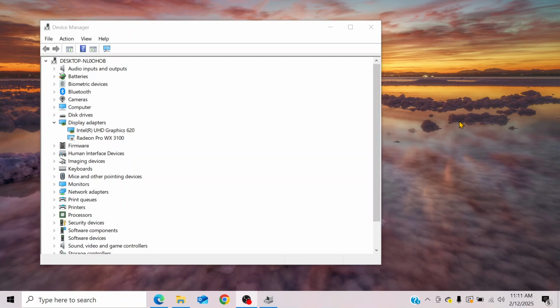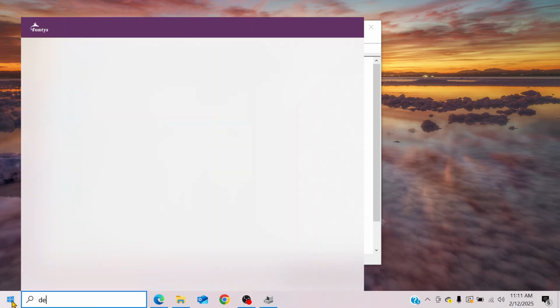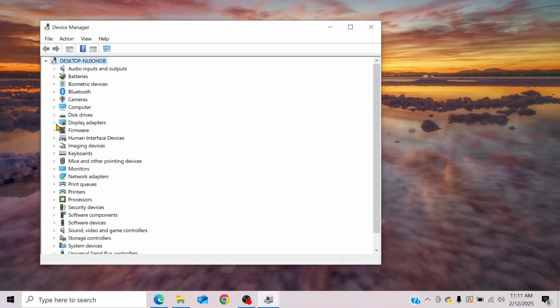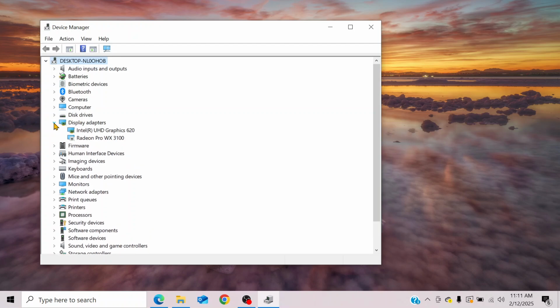If you want to change between different graphics cards in your laptop or PC, the first thing you need to do is go to your Windows logo over here and look for Device Manager. And once you open that up, you will find this screen over here. Then you can navigate to the display adapters and you can see all your graphics cards that are installed on